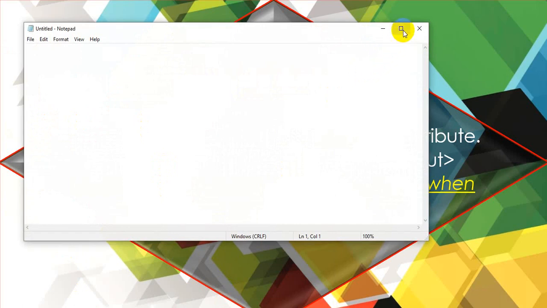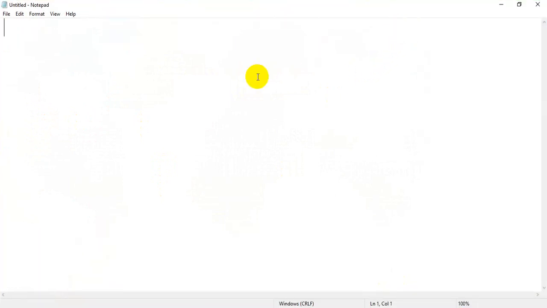Okay, so our application is ready. Now we will start writing code, that is our HTML5. Inside the less than and greater than sign, I will write !DOCTYPE html. This line of code is used to specify that the code is written in HTML version 5. After that I will write the basic HTML tag. The first tag of HTML is <html> and the last tag of HTML is </html>.